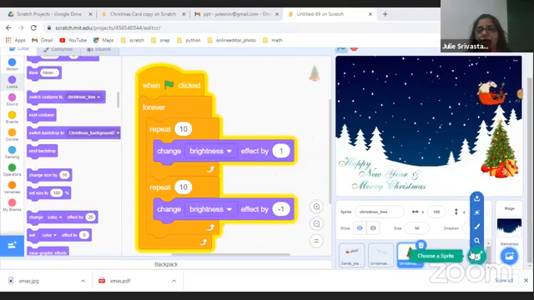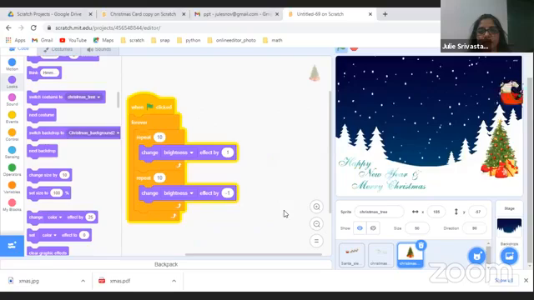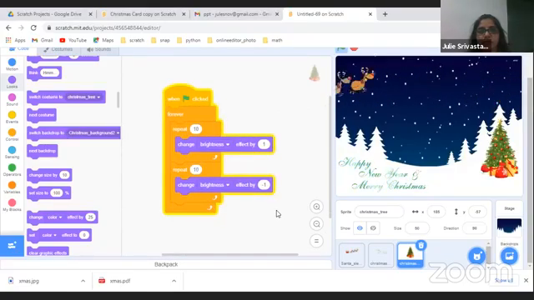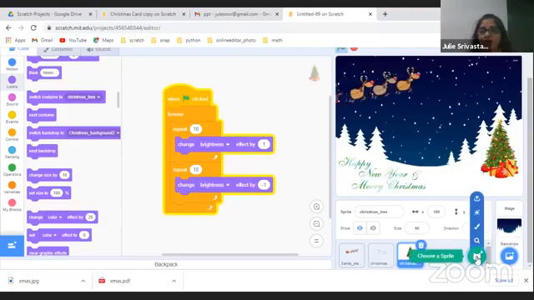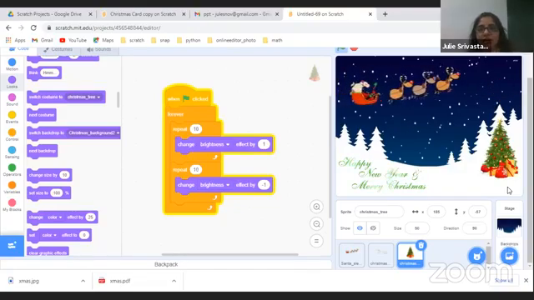All right, so now we are going to paint a sprite where we are going to write our name. The ghost effect is basically a kind of a disappearing effect. Brightness is different. If you're happy with the ghost effect, you can stick to that. All right, so we are going to go to choose a sprite again. Now at the corner here, we are going to write love, followed by your name. So if it's Ujjwal, you write love Ujjwal. If it's Julie, my name is Julie, I'm going to write love Julie.